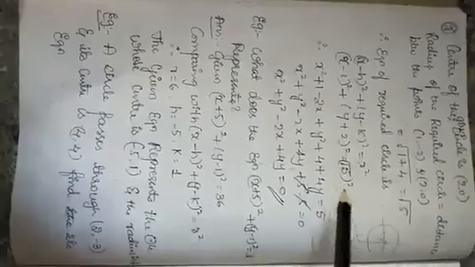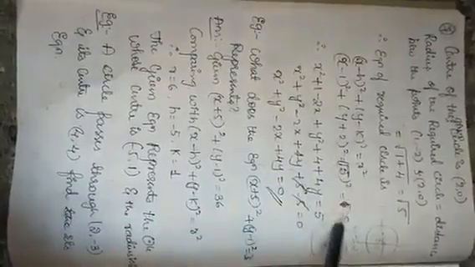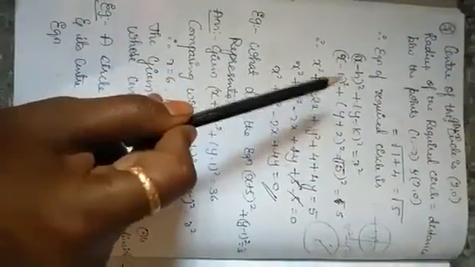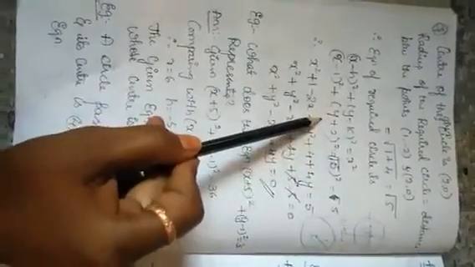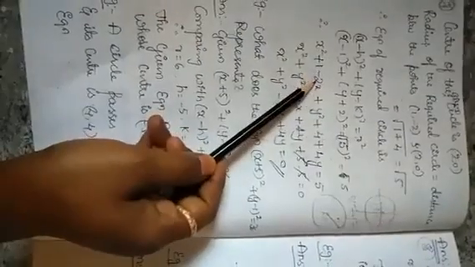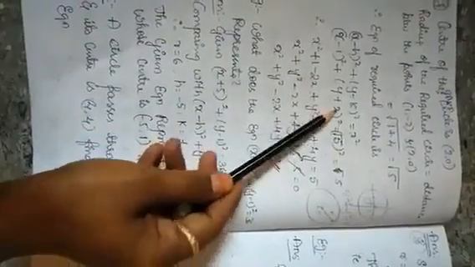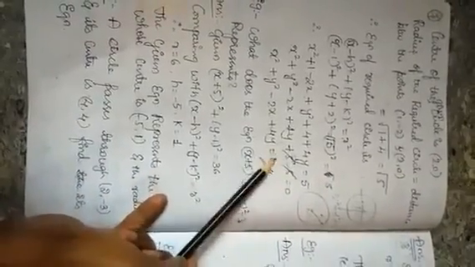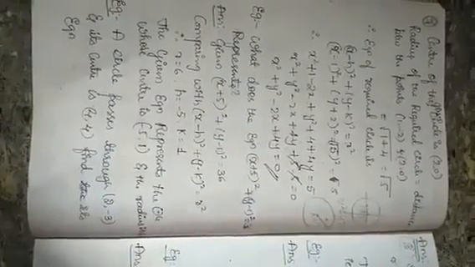Okay. Then squaring the terms, the square and the root get cancelled, which is equal to 5. So it is in the form of (a minus b) whole square formula, and it is in the form of (a plus b) whole square formula. So a square plus b square plus 2ab is equal to 5. This 5 gets cancelled. Finally, we get one equation, which is x square plus y square minus 2x plus 4y is equal to 0.